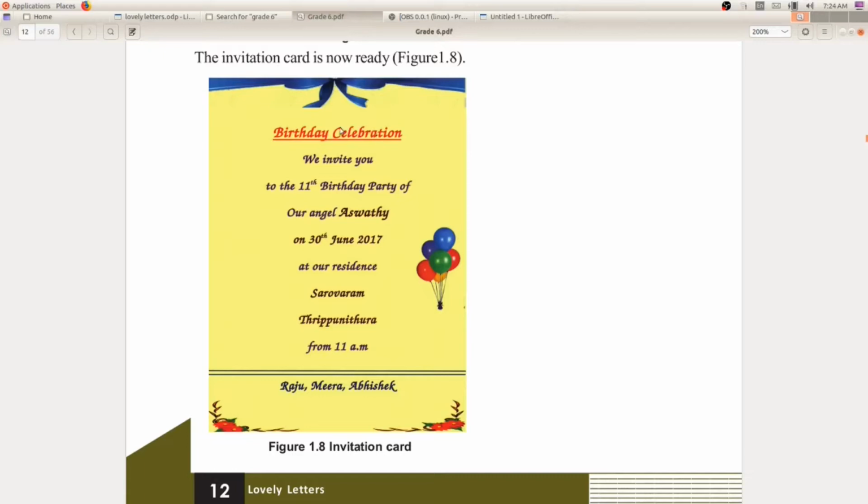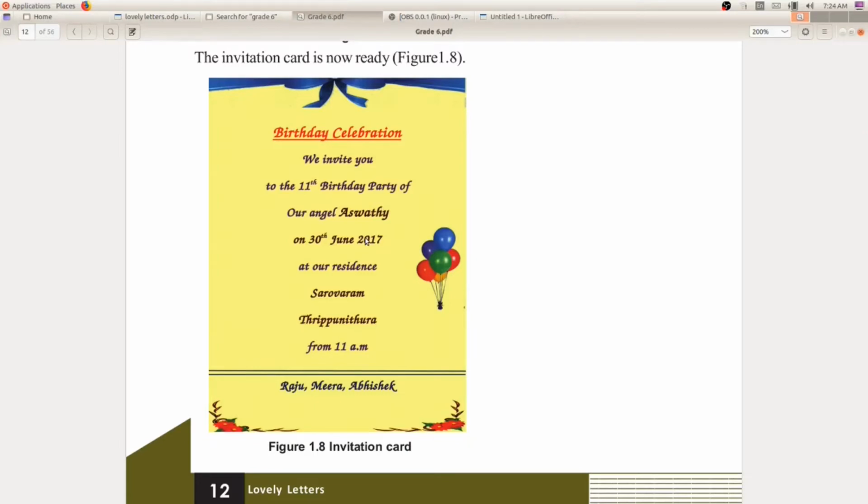It is given a red font color. Okay, and this heading is underlined. It is made bold. Okay, and here some text is given font color blue, some text is given font color black, etc.